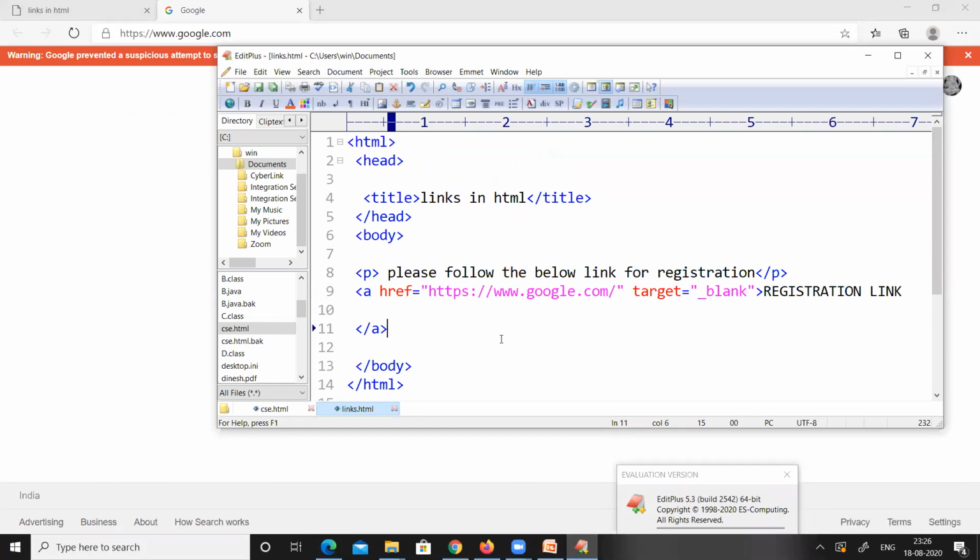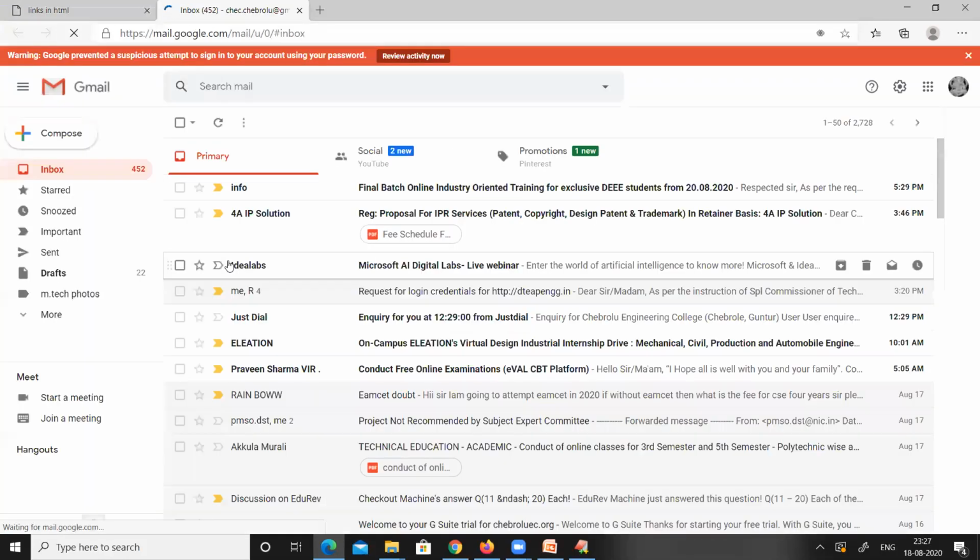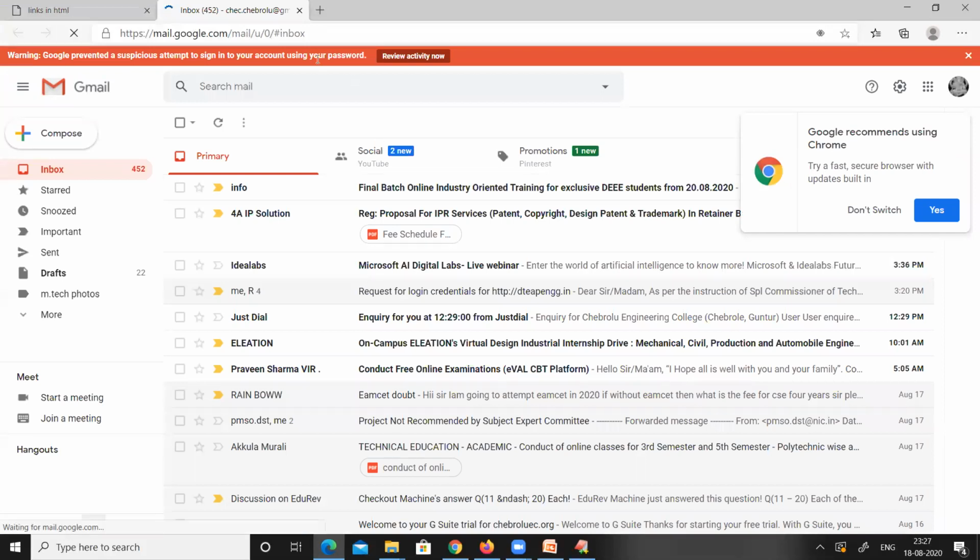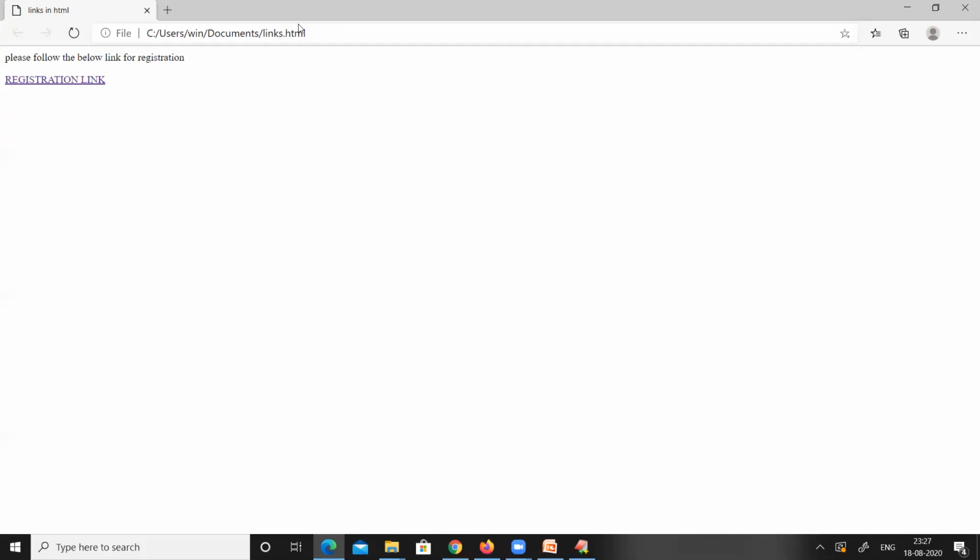Previously we saw how to create a link in order to open an image. Similarly, let us verify one more thing. Let us verify whether this link will bring you to gmail.com or not. Let us save the program, and now refresh the page. Now let's make a click on this link. So it has taken you to gmail.com. So this is how we can create links for images and for websites.